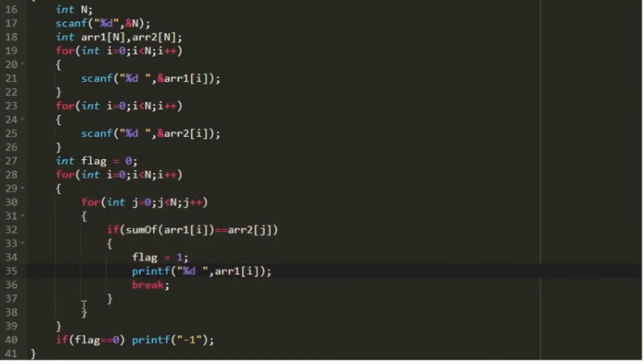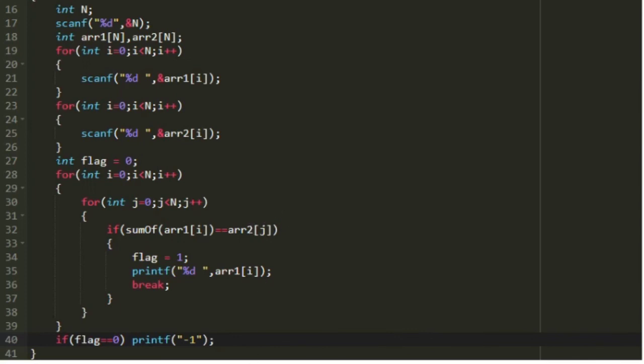And like our sample input 2, if we are not able to print any integers, then our output would be empty, and also the value of the flag variable would be equal to 0. So after the execution, finally we are including a condition: if flag is equal to 0, then we print -1.